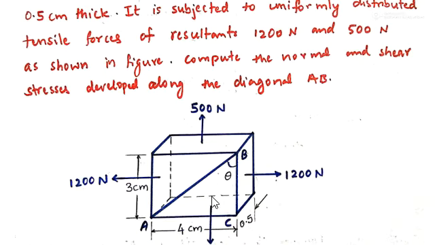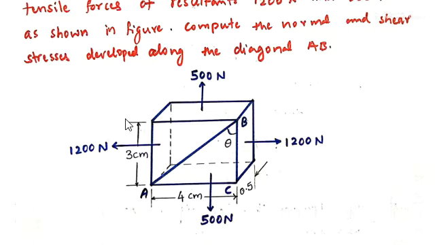So along the diagonal AB means on the diagonal AB we have to find out normal and shear stresses. And here is the diagram shown here. It is a member subjected to forces, 1200 newtons and 500 newtons. So let us take this as x direction and this as y direction. This is the resultant force acting in the x direction, that is 1200 newtons, and this is the resultant force acting in the y direction along the y axis, 500 newtons,